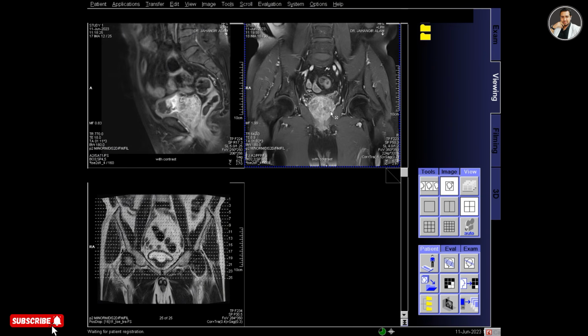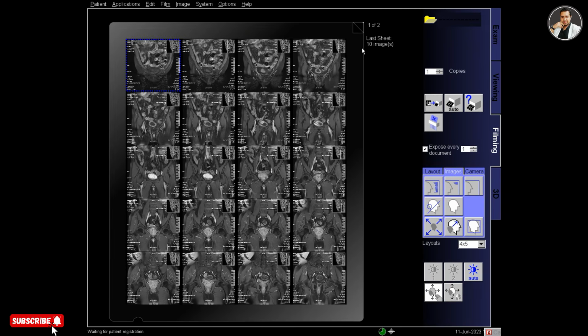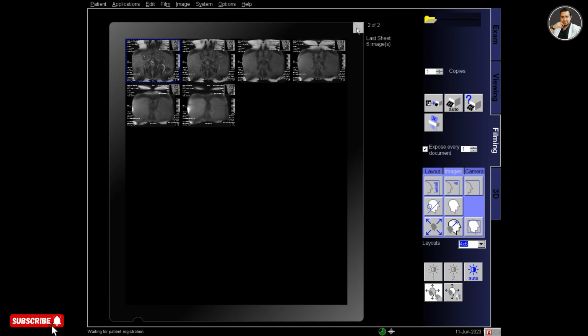You can see that it is enlarged. Select the series and send it to the filming, and the layout is 4:6.